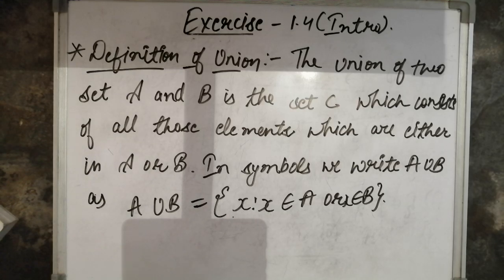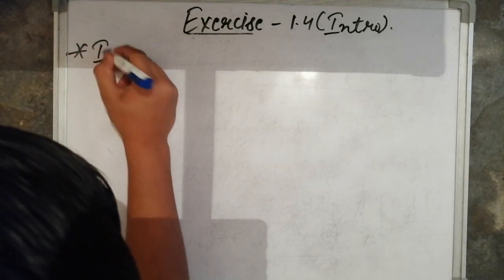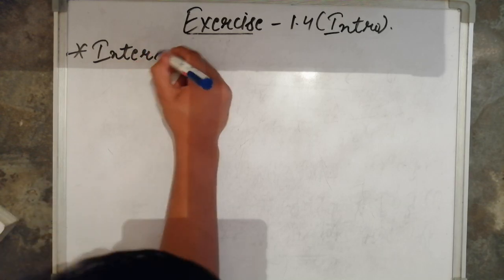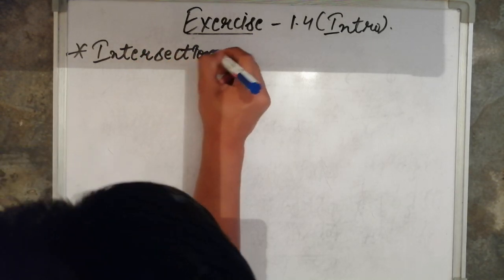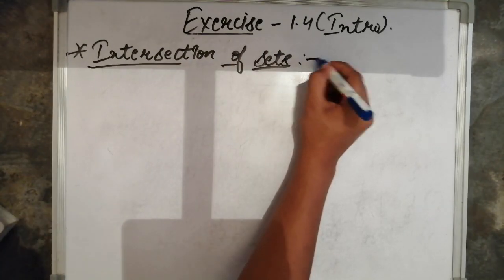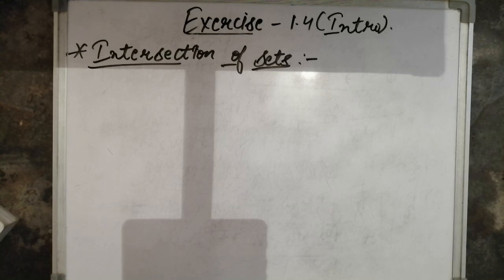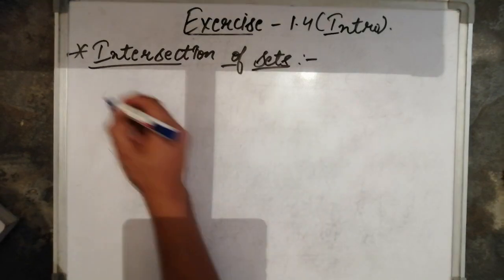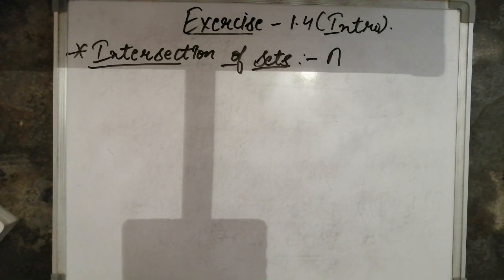Okay, now let's talk about intersection of the sets. Okay students, now let's talk about intersection of sets. The intersection of sets A and B is the set of all elements which are common in both A and B, and intersection is represented by this inverted U symbol, and this is not actually inverted U, this is the intersection symbol. Okay, and its definition according to NCERT is